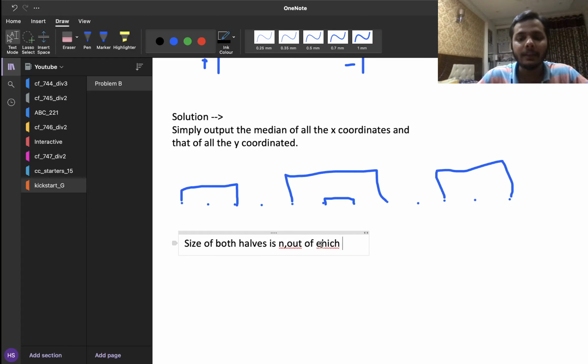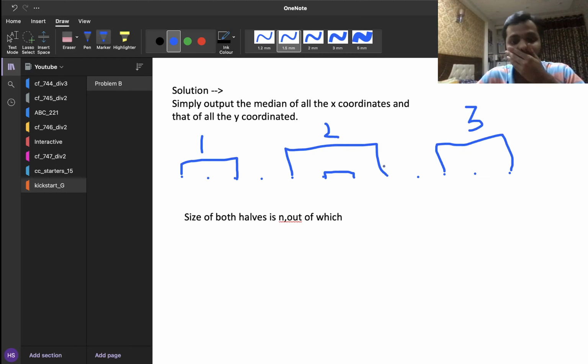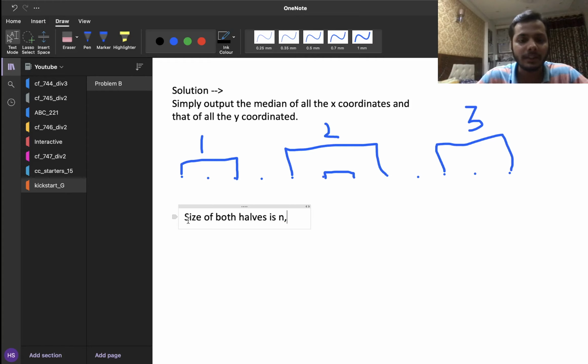and really what is happening here is some of the rectangles are of type 1, and these are these rectangles. Some of the rectangles are of type 2, which start in the left half and end in the right half. Similarly, some are of type 3, which start in the right half and end in the left half, right? Now out of which, I know that the size of both the halves is n. Let's say this is the first point. So in total I have 2n points, right? And out of which,